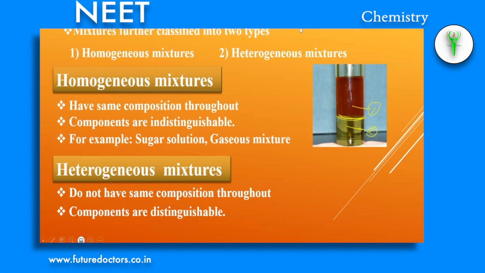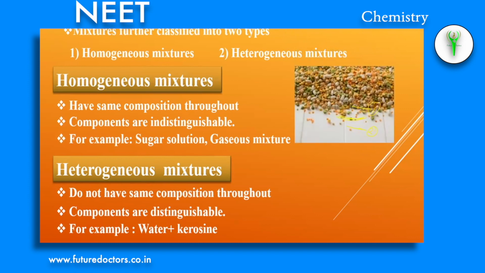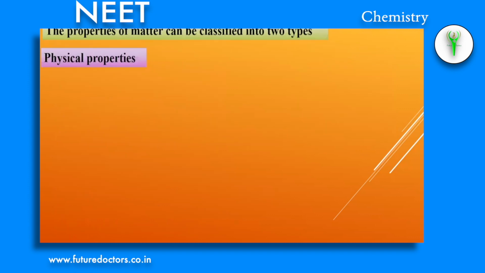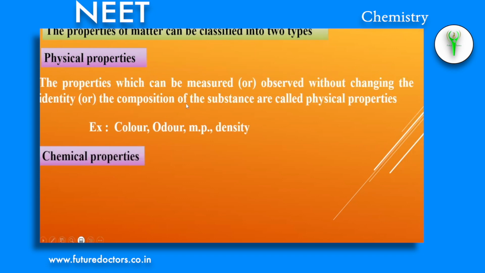So sand and water, and oil and water, all these are examples of heterogeneous mixtures. So water plus kerosene. The properties of matter can be classified into two types: physical properties and chemical properties. What is a physical property? We can measure or observe this property without changing the identity or composition